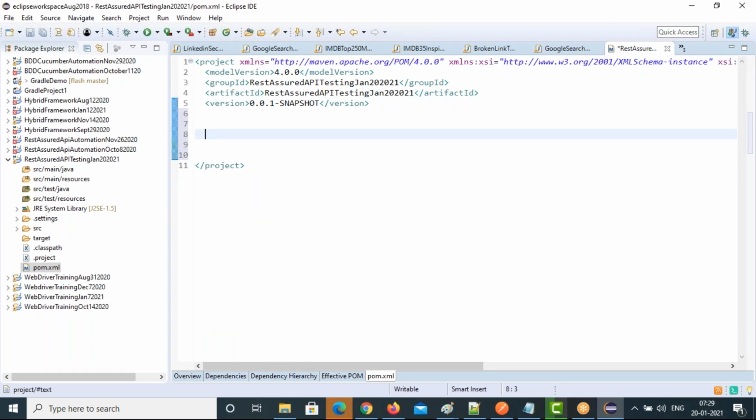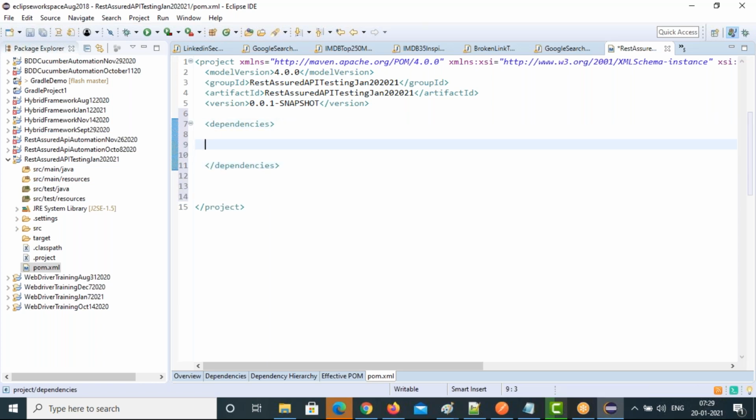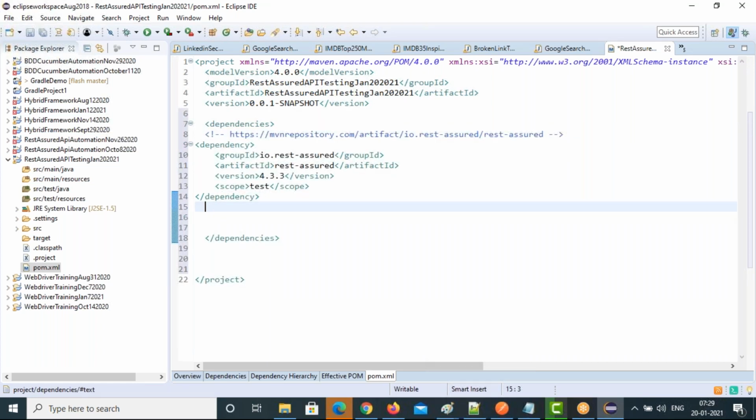So I'm going to add the dependencies, and then add the other dependencies also.